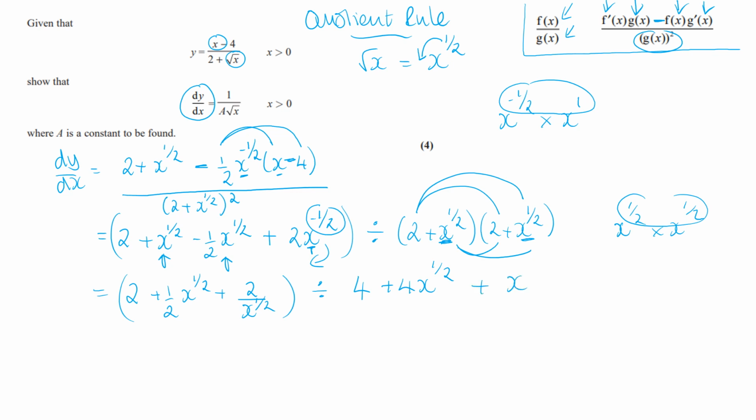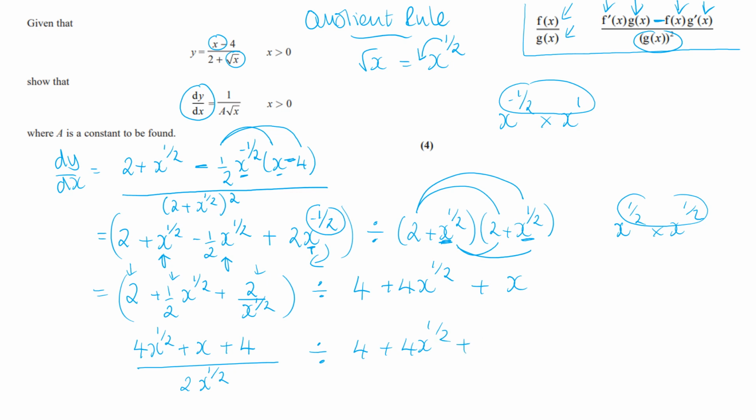Now what I need to do is make this first term have a common denominator of 2x to the half, so I need to have 2x to the half. So I need to multiply each of the terms here by that common denominator. So when we multiply the first term, we're going to get 4x to the half. When we multiply the second term, the 2's are going to cancel, and the x to the half times by itself is just going to be plus x. And then when we multiply the next one, the x to the half on the top is going to cancel, and we're just going to get plus 4, and that's going to be divided by the